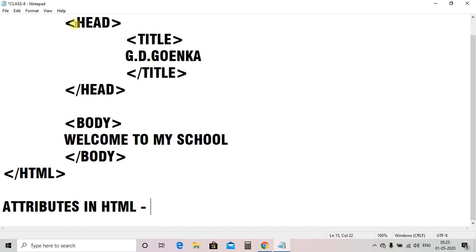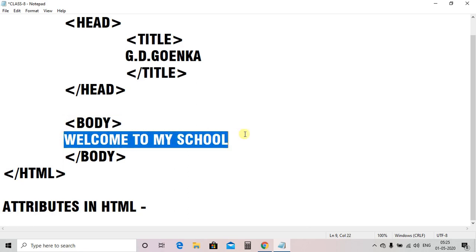These all are tags, like head tag, title tag, then body tag. These are called tags, or you can say elements. Tags are predefined keywords that tell the browser how to format and display the content on the web page.